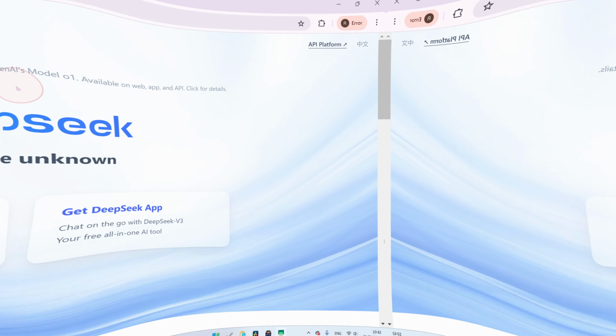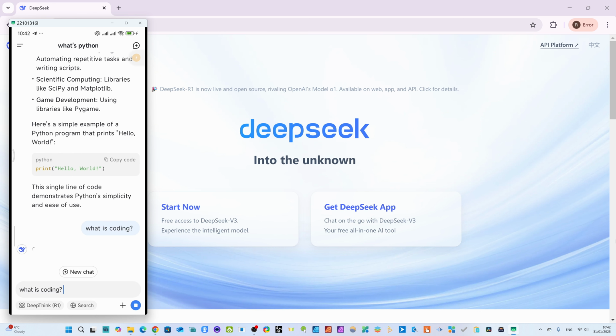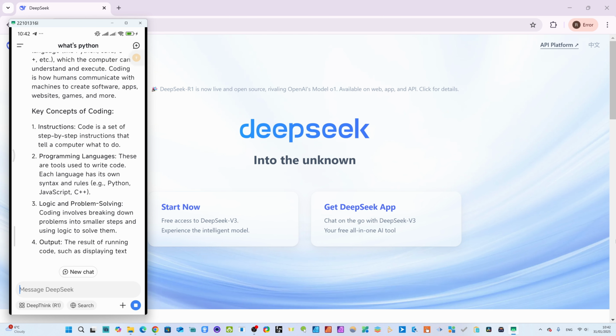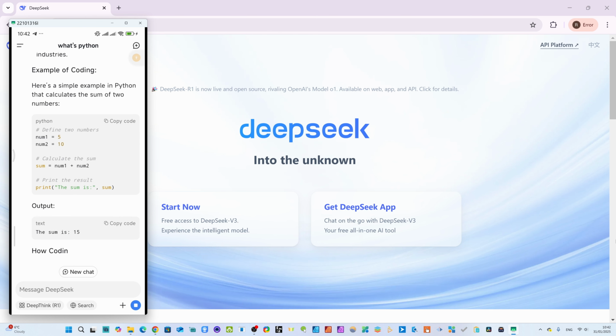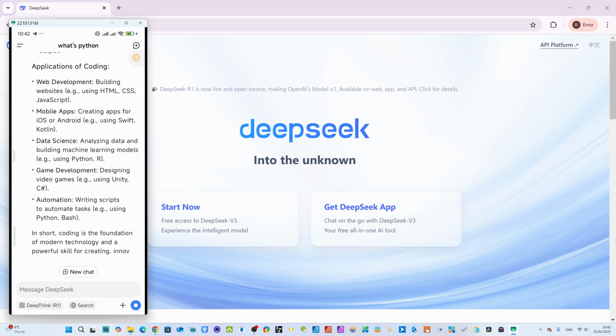Now I write coding. What's a coding? It's insane. Its performance is very fast and very accurate, better than OpenAI's ChatGPT. And it's totally free. You can use this, dear friend. You see, it's just so fast. I am so amazed, so surprised to see such a fantastic app released in 2025.